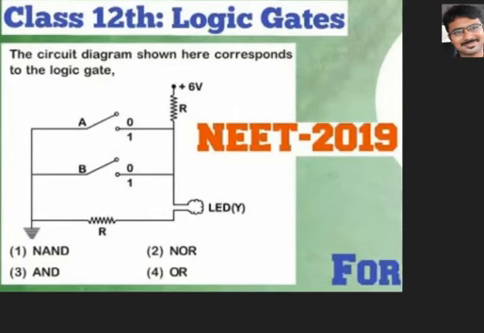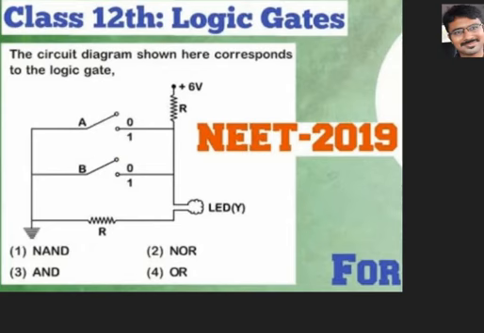Now in our question, first let us take here, if you observe carefully, they are asking for the logic gate corresponding to the circuit diagram shown, and here there are two places A and B. You can observe they are open: A is open, B is open, both are open. So what do you mean by open and what do you mean by closed? We will see those things now.